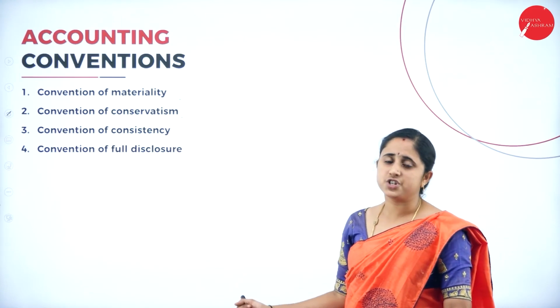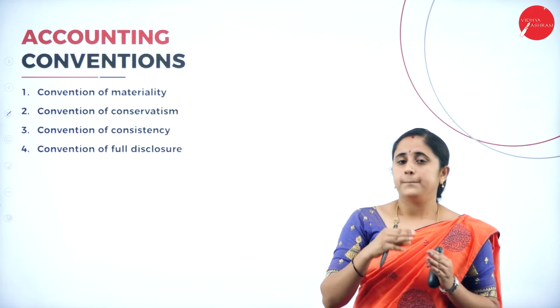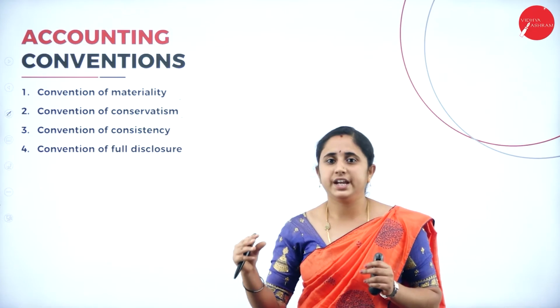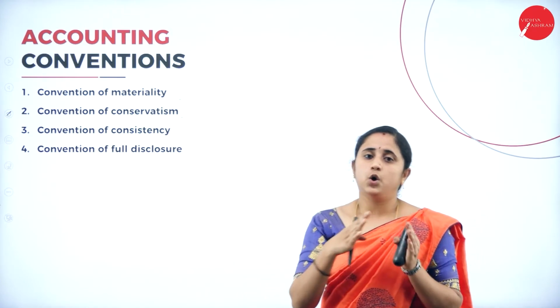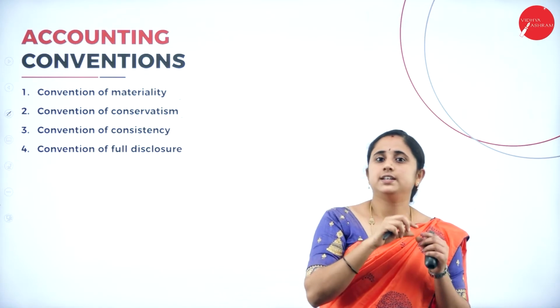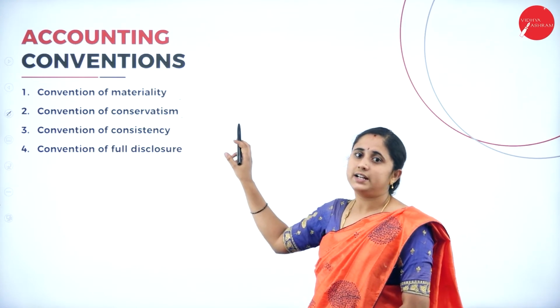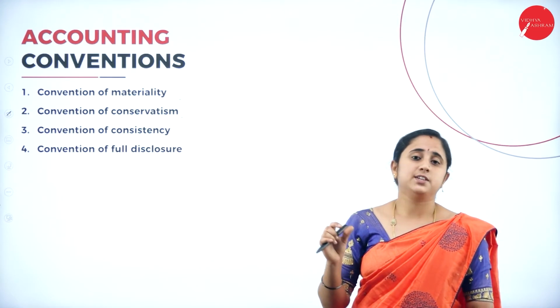In this convention, it says record detailed information whichever is needed. In the whole set of transactions, record the detailed information only for specific transactions. That means whichever is needed, you should record the detailed information for specific records only, for specific